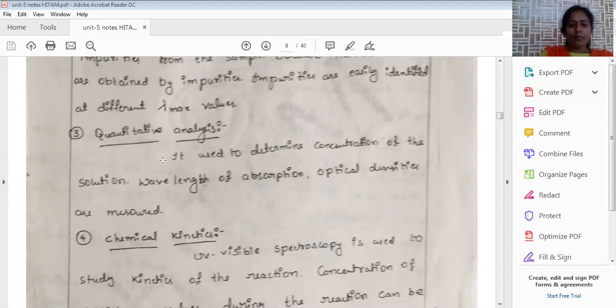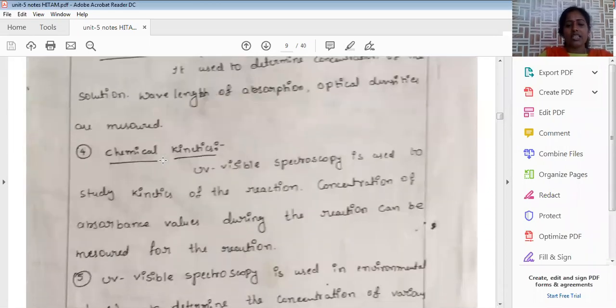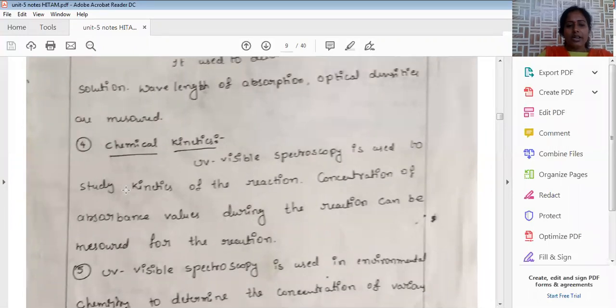Now let us go to the next application of UV visible spectroscopy, chemical kinetics. Chemical kinetics, in the sense, is what is the rate of the reaction. The speed and rate of the reaction can be identified by using UV visible spectroscopy. At what speed the reaction is proceeding can be identified by using